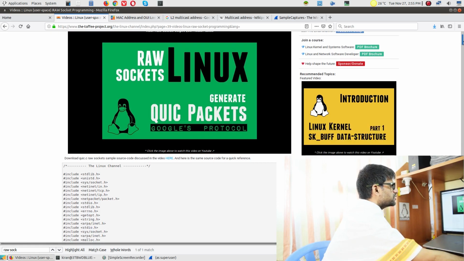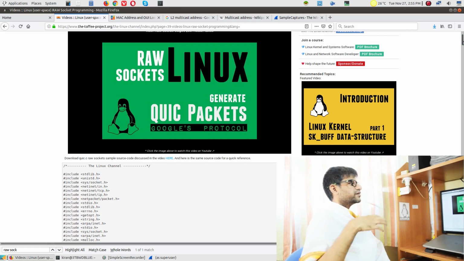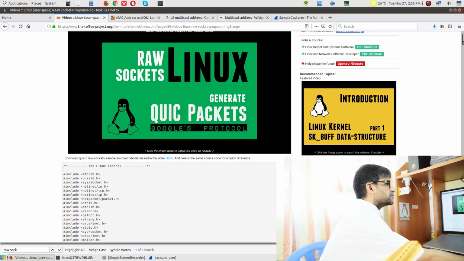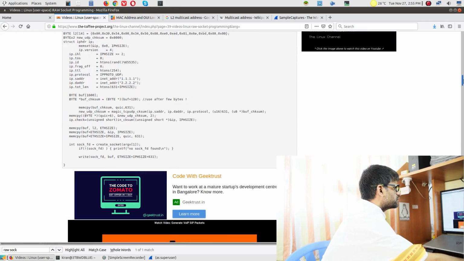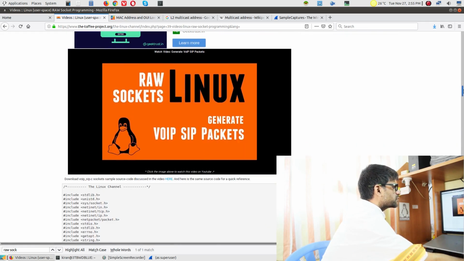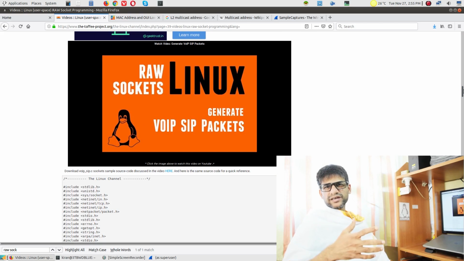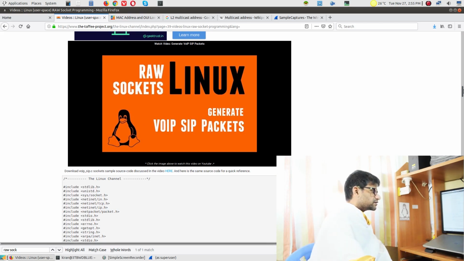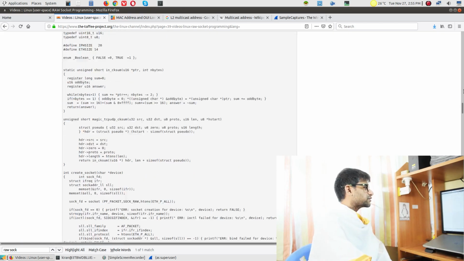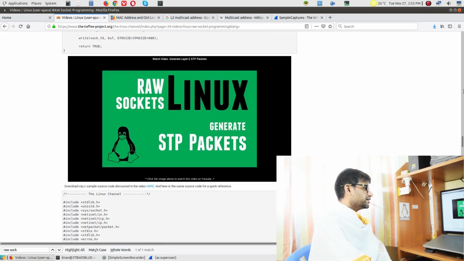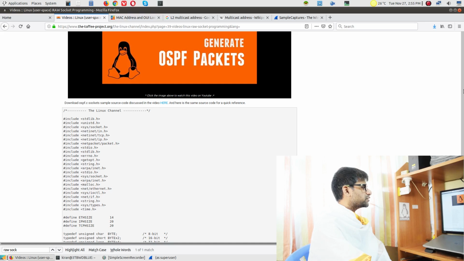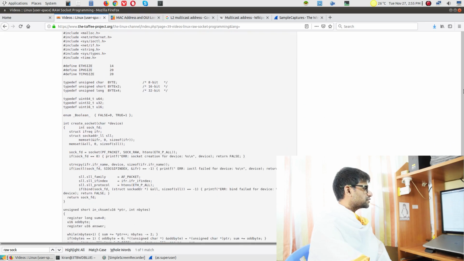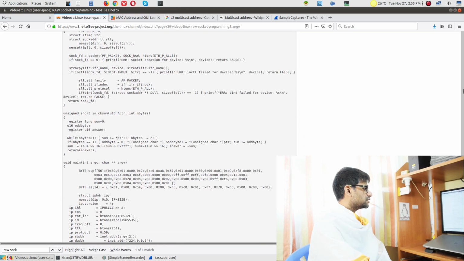This is Google QUIC protocol packets, which is like SSL running on top of UDP. This is one example below, which you can see here. You have these SIP packets, which are on UDP, of course. SIP is an application layer protocol, sort of. And then you have these STP packets, and below that I have even covered some OSPF. I believe OSPF is layer 2, or